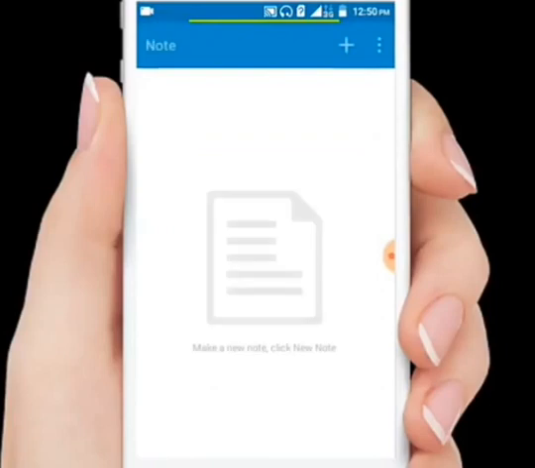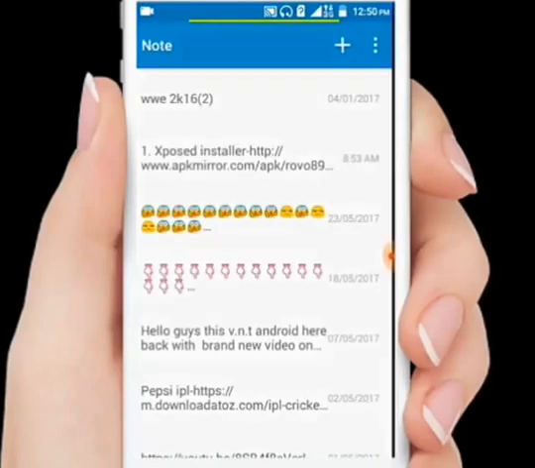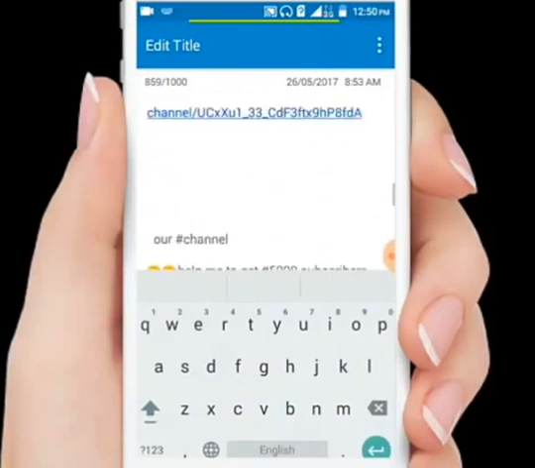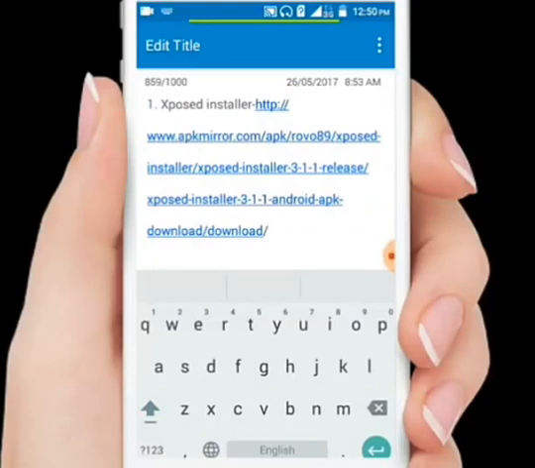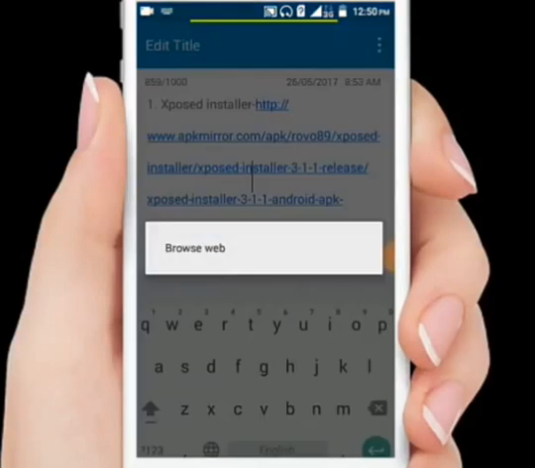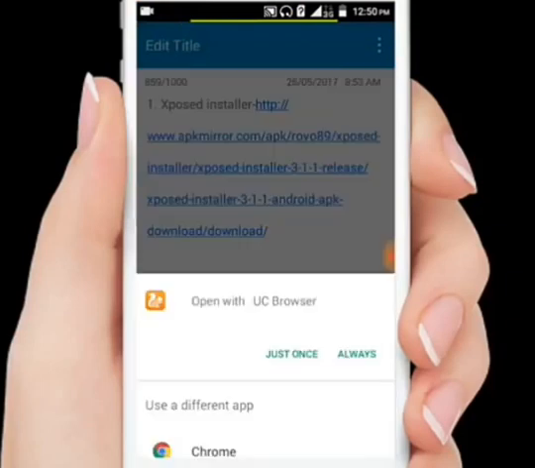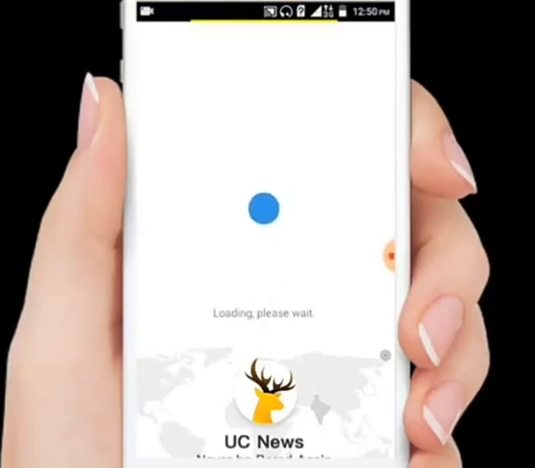You don't need to go to the description this time, because if you skip this video now, then you will need to come back and watch it again. If you watch step by step, then you can understand everything and properly update your Android version. And this trick works on any Android device. The Oreo version is one of the great versions. So firstly, this is the first link, that is Xposed Installer. You just need to open it and choose any browser that you prefer. I prefer UC Browser for my Android, so I will choose UC Browser.